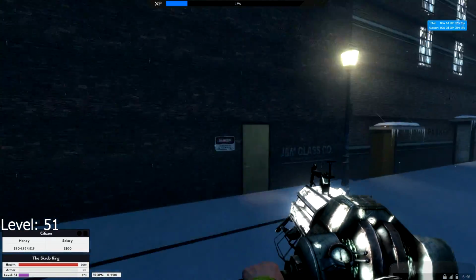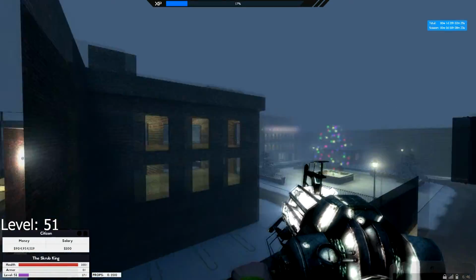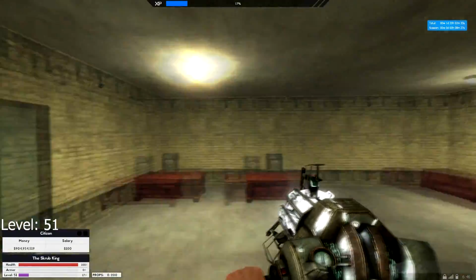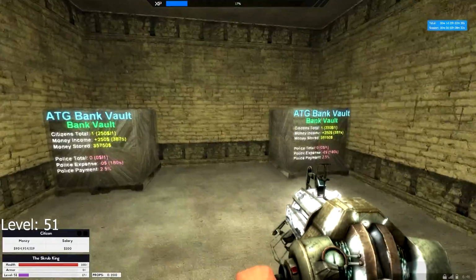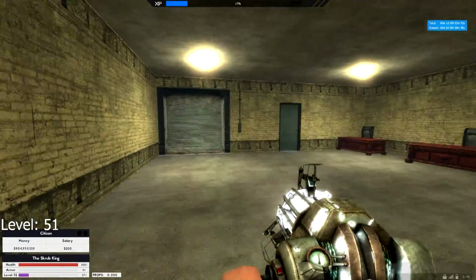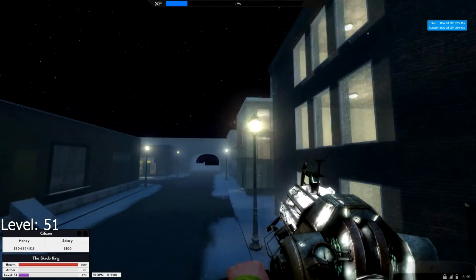There's nothing in here or anything like that. There's nothing really new as such. We've also got a bank, which obviously you can go in here, see stuff like that. And then through here, you've got 2 bank vaults. I know it's not very secure and things, but the great thing about this, once I've got enough players on